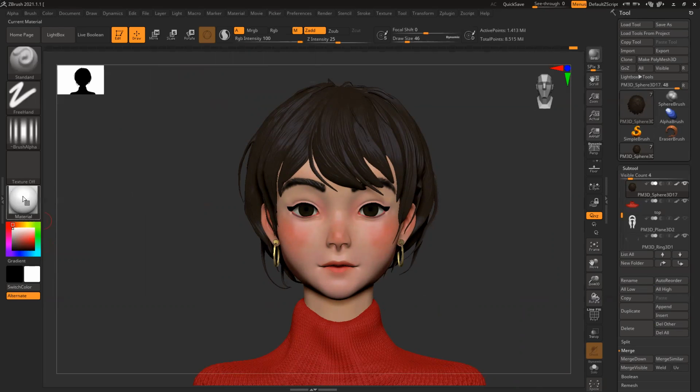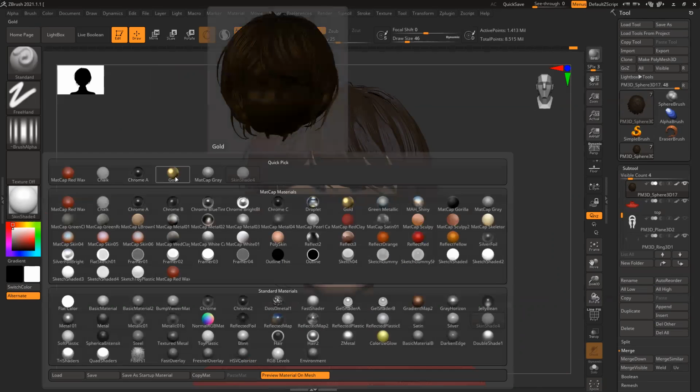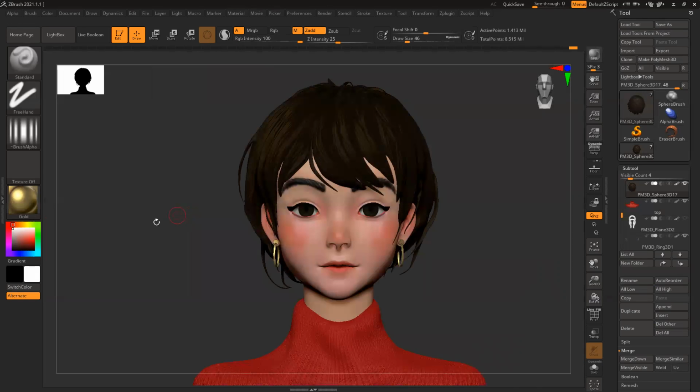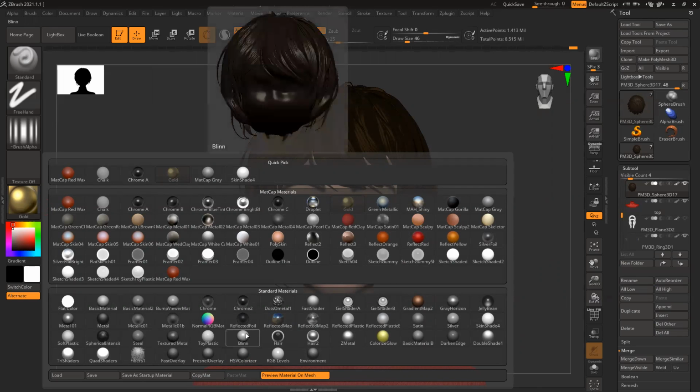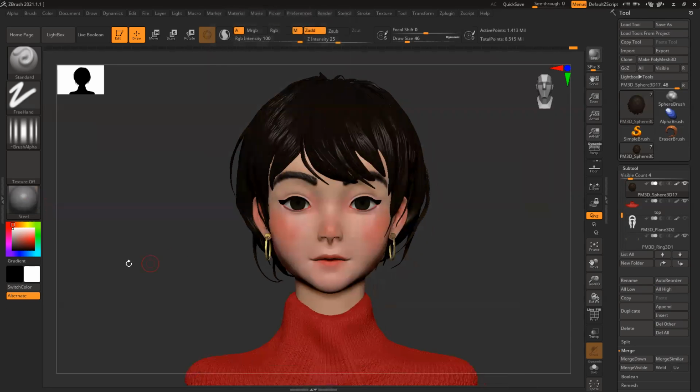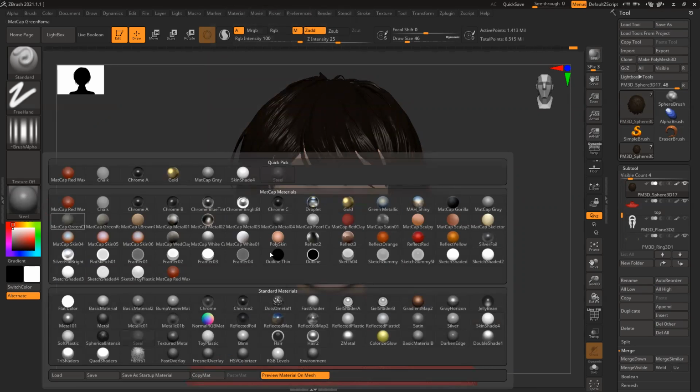Only material. And I want this here to look, this is too much. Yeah, this one looks better. Steel.